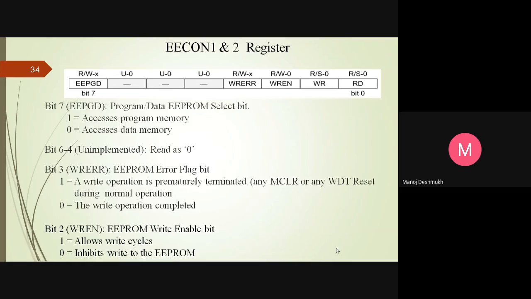Whenever we perform a write operation on the EEPROM memory, if the write operation is not completed successfully, in that case this bit is set to 1. That is, when your write operation is